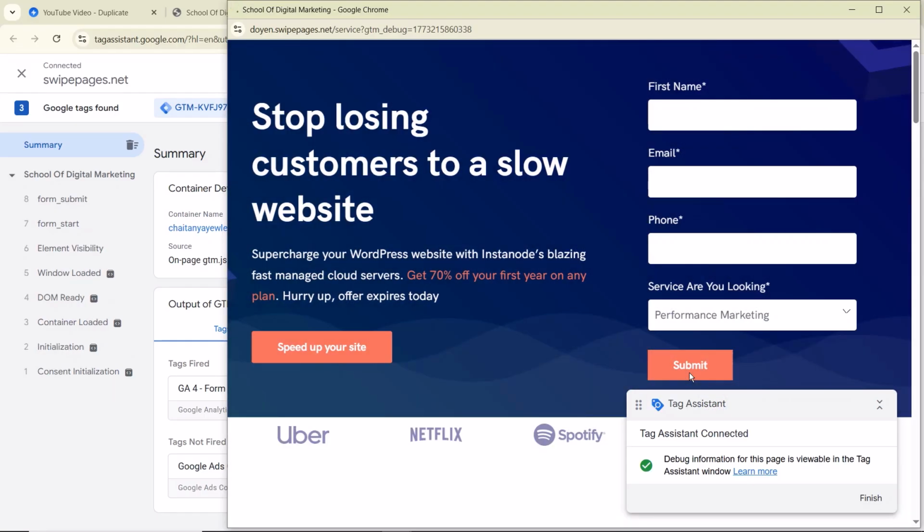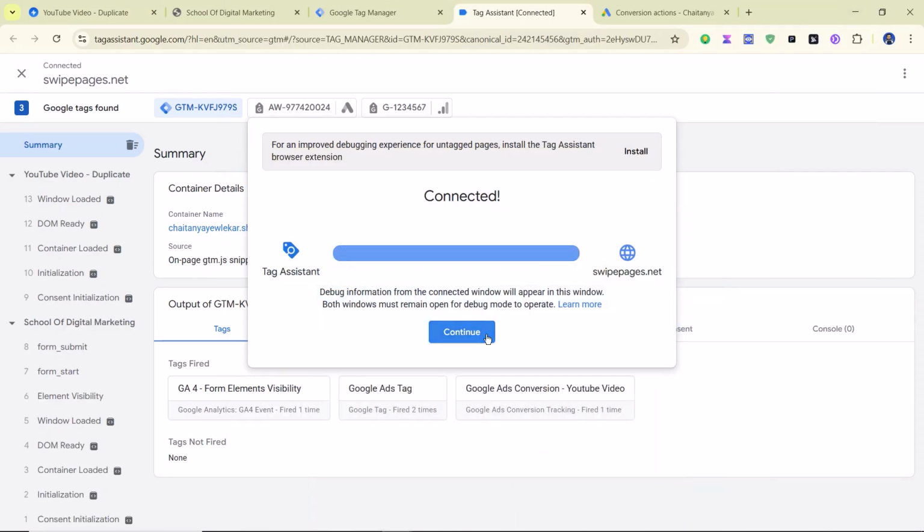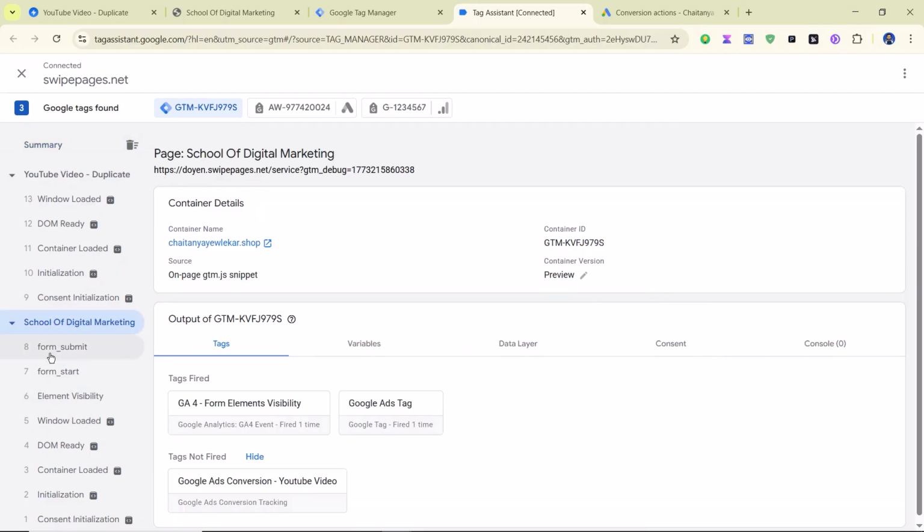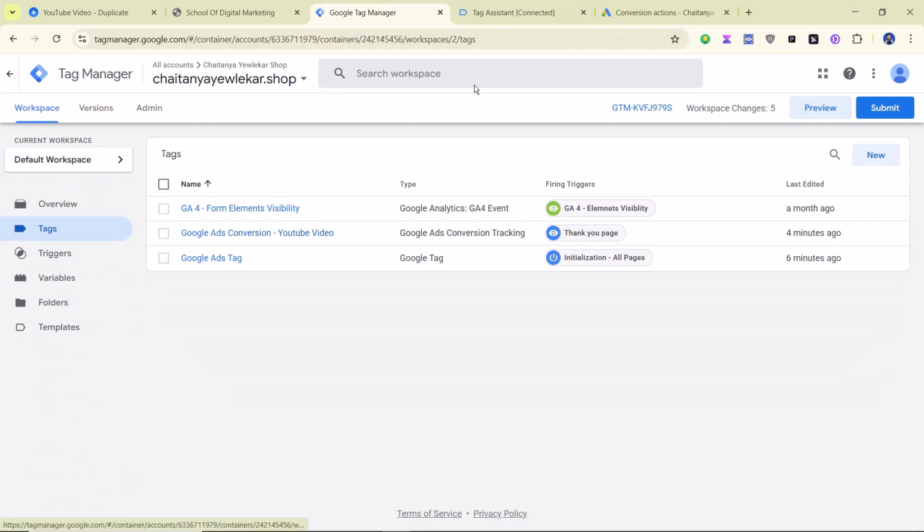After submitting, guys, see here in just a few seconds, our tag fired. So guys, here I will show you the whole thing. Whenever we were on top of it, School of Digital Marketing and these events were happening. Here you can see, guys, the Google Ads conversion tag did not fire. But as soon as I go to our thank you page here, see, the Google Ads tag is firing on all pages. But here you can see our Google Ads conversion for the YouTube video, which I named here,